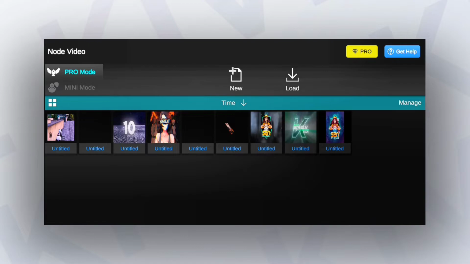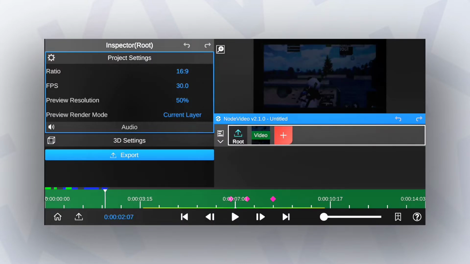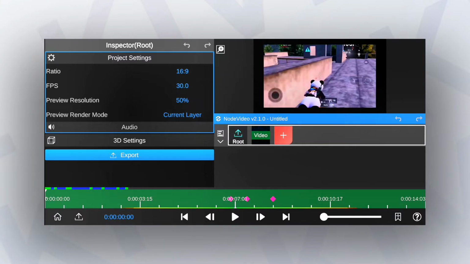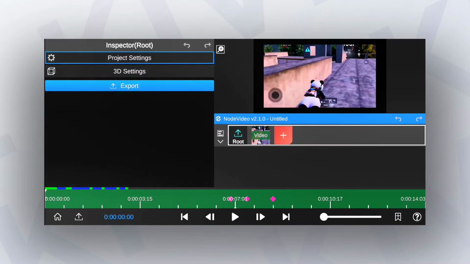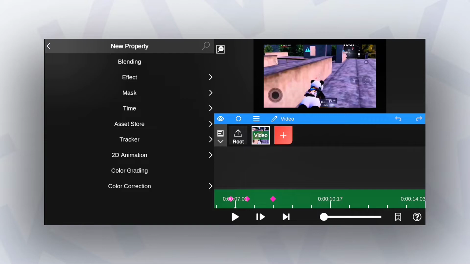So next up in our video is Node Video. You may have heard about this app. It is not the most stable app in our video, but I would say it is one of the most advanced apps for video editing on Android or mobile which is available right now. There is everything you can expect from an advanced video editor. It is literally Adobe After Effects